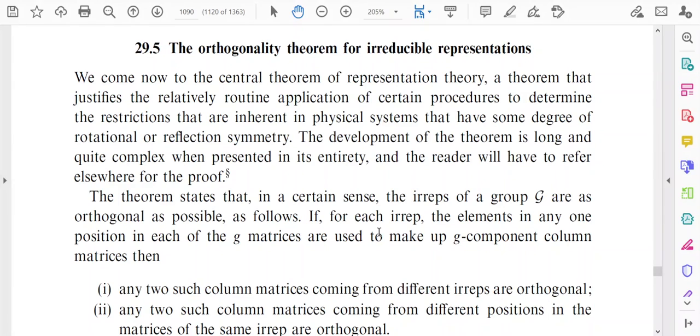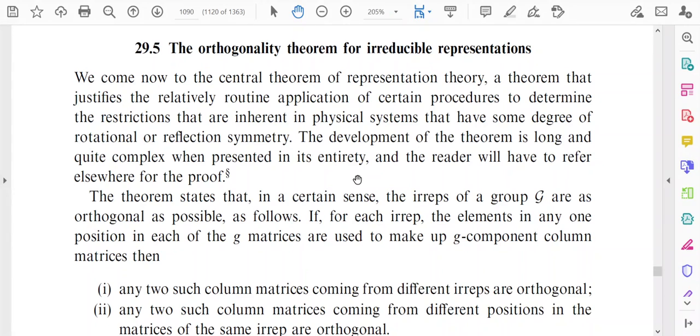In this lecture, I will discuss the orthogonality theorem for irreducible representations, and the content of the lecture is from the textbook Mathematical Methods for Physics and Engineering by Riley, Hobson and Bence. Now, we have already discussed reducible and irreducible representations in the earlier lecture, and for the group